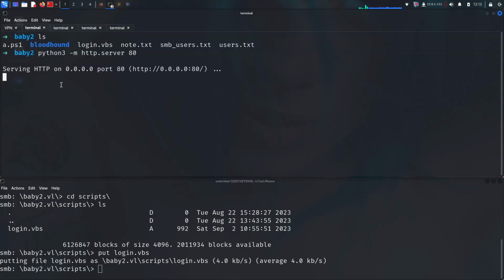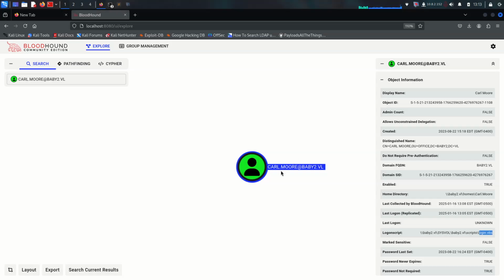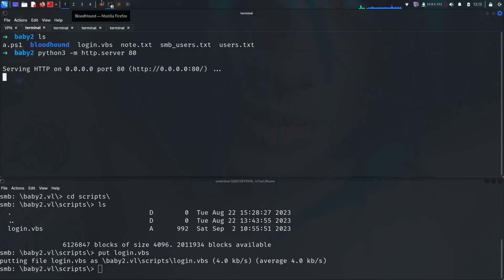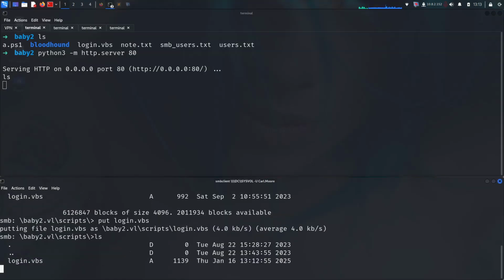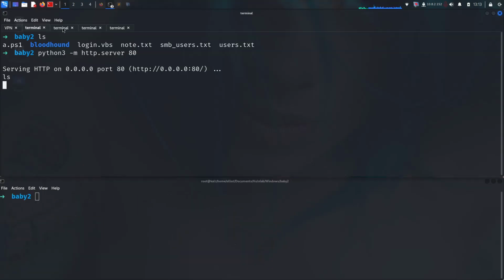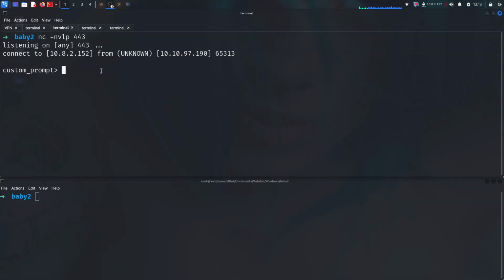So then we grab the shell as some user, right? I'm pretty sure it's not as Carl Moore, because it's just using the login scripts. Okay. After you upload, I mean, the size has changed, right? Does it look like it worked? That's all I can say. And I think yes, it took a.ps1 successfully and is giving us the shell